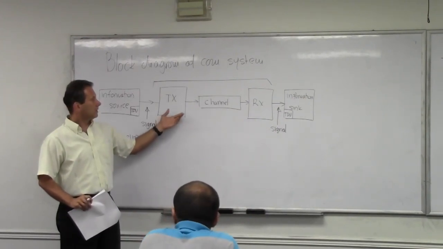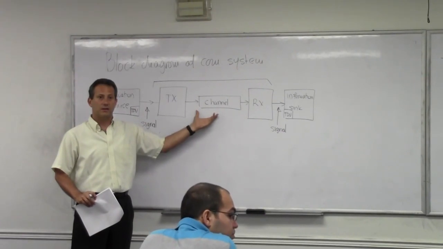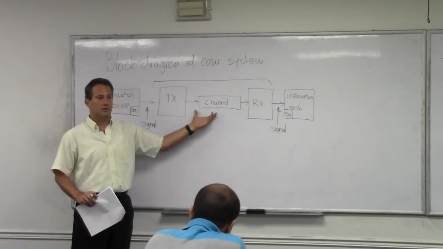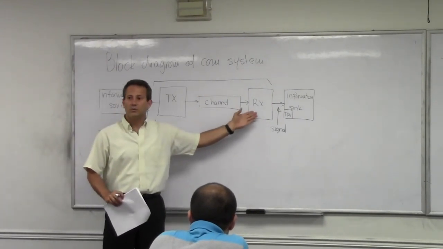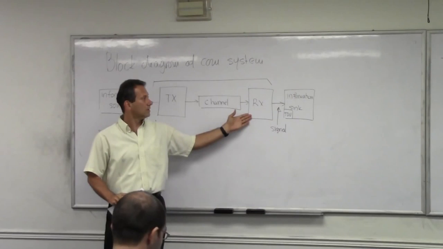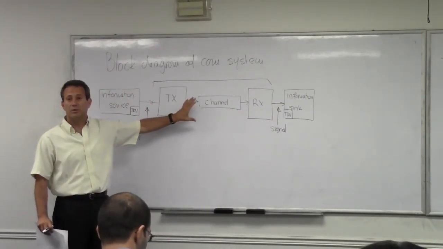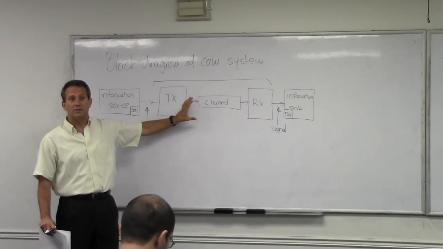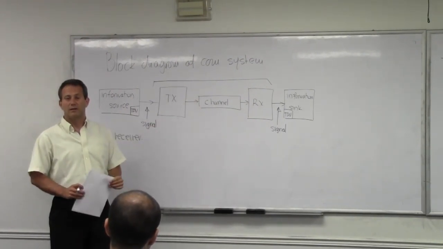You can see that the channel may be more or less complicated. It can distort the signal in many different ways, and the receiver is the one who needs to cope with it. It needs to look at what it has received and try to recover what has been sent. So in the majority of communication systems, the receiver is the most complicated part of the system. There's a great deal